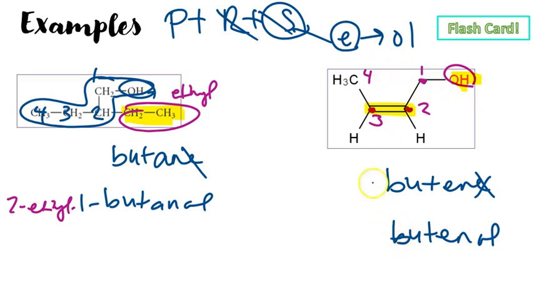Now, what location is this? Carbon number 2. Now you're asking yourself, wait a minute, I thought we were supposed to be getting our location based on the OH group. But guess what? When you have your double bonds, you have to consolidate the double bonds as well. So we're just going to say carbon 2 is going to have the butanol. You also could say, and you'll be correct in questioning that, wait a minute, why are there 2 here? We have to consolidate the location for the actual alcohol portion, right? So we can write 2